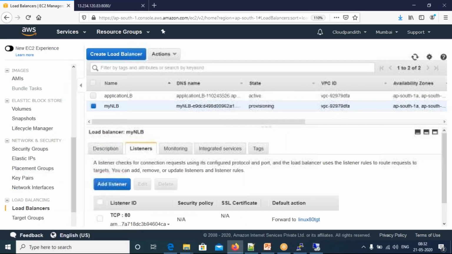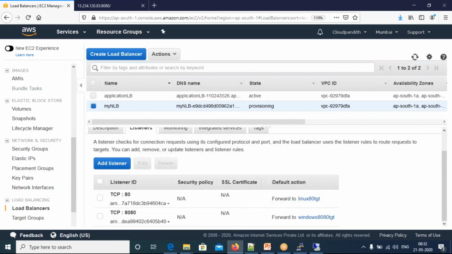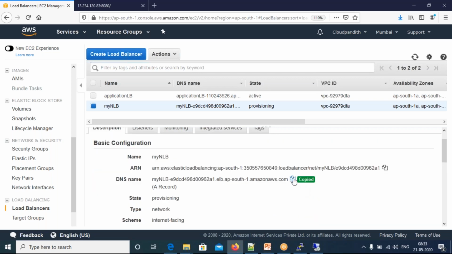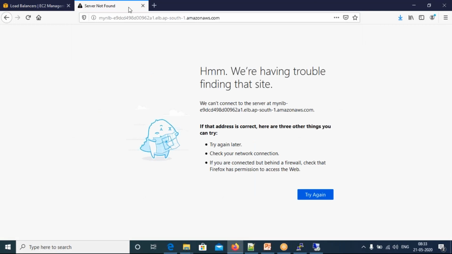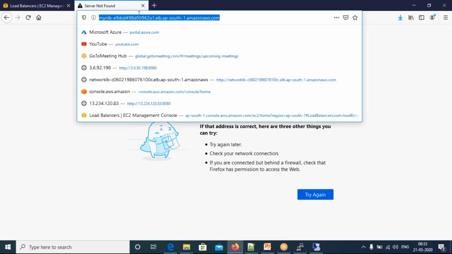Now come back. See now, port 80 will go to the Linux 80, and port 8080 will go to the Windows. Now come to description. Take the DNS name. Come here. Just use 80. Enter. Why is this not accessible?